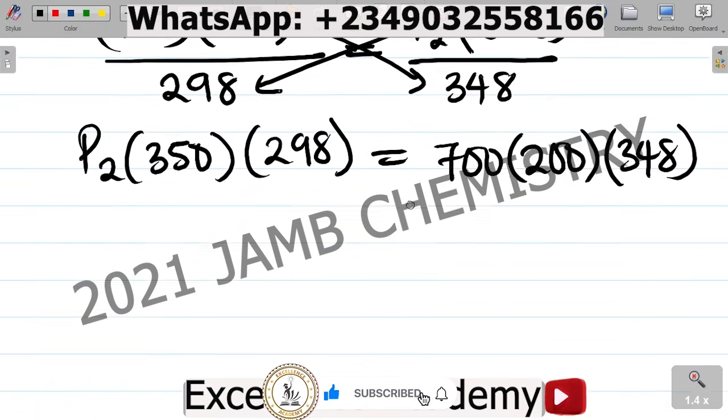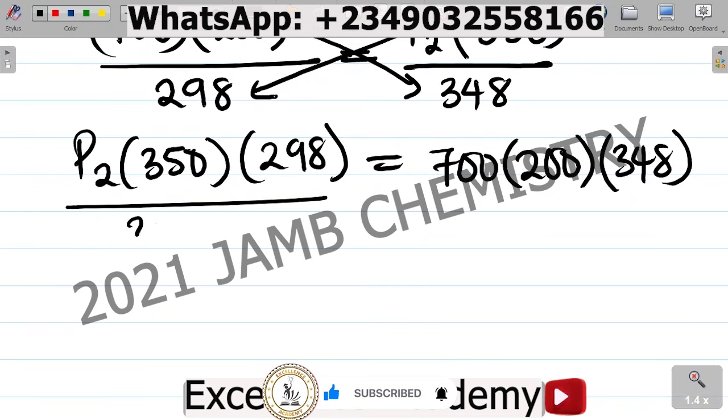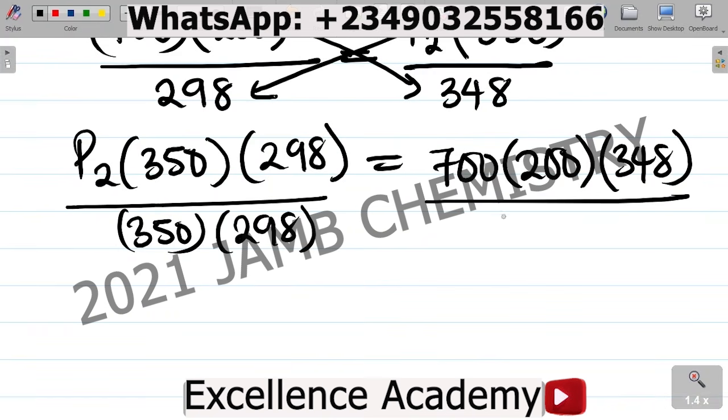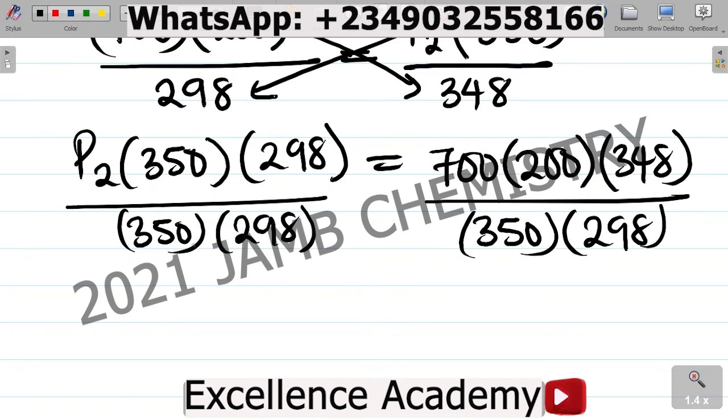To get P2, I'll simply divide by 350 times 298. So P2 is equal to, I'll get my calculator and punch all of this correctly. For the numerator, I have 700 times 200 times 348. Now divide this by the product. So divided by, open a bracket, type 350 times 298, close the bracket. This gives you